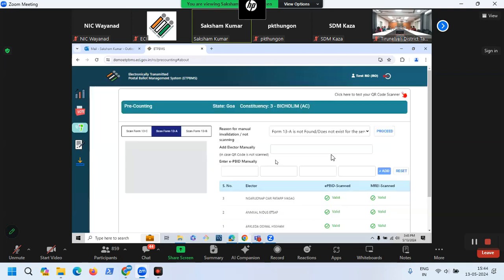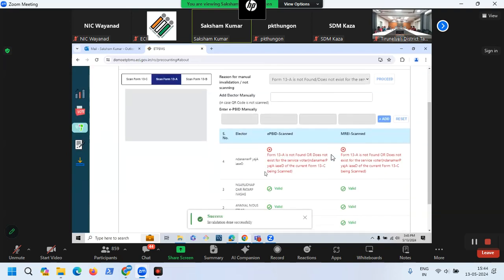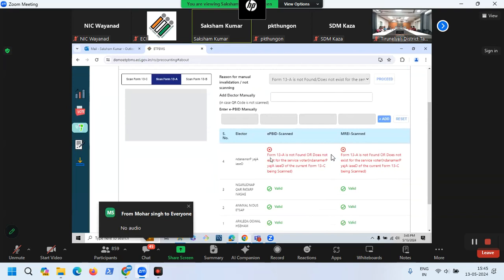Okay. So here you can see it has invalidated. Form 13A was not present when you tear off the form 13C. So put back form 13B inside form 13C, okay, and keep it in the invalid tray. And here the work of the AROs comes in.